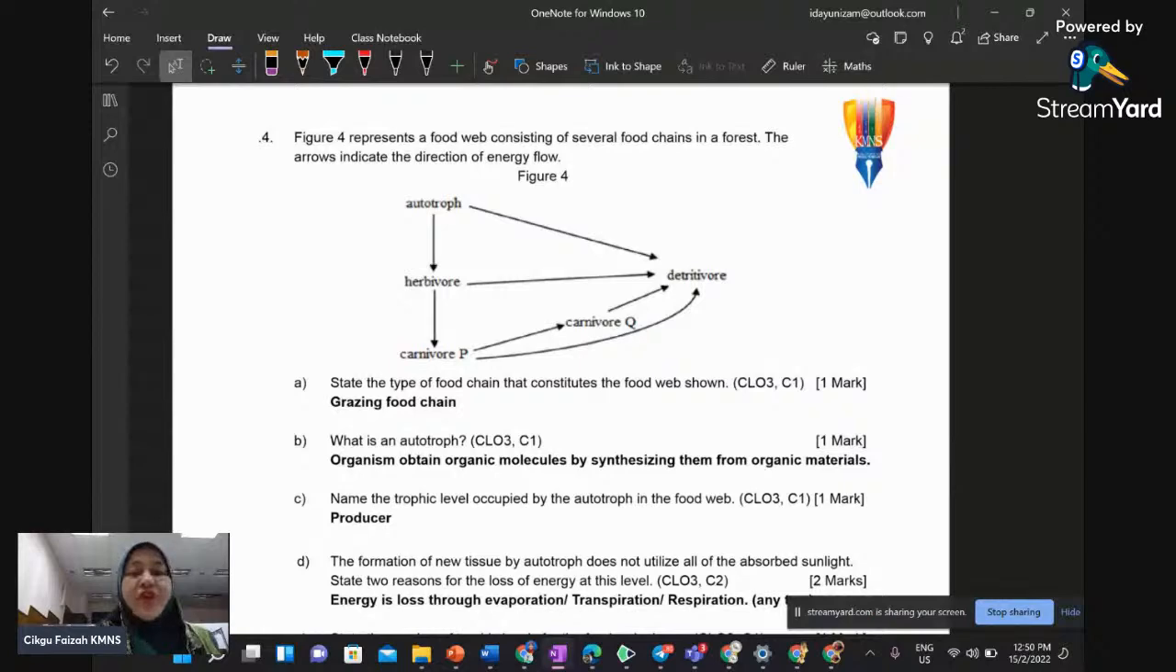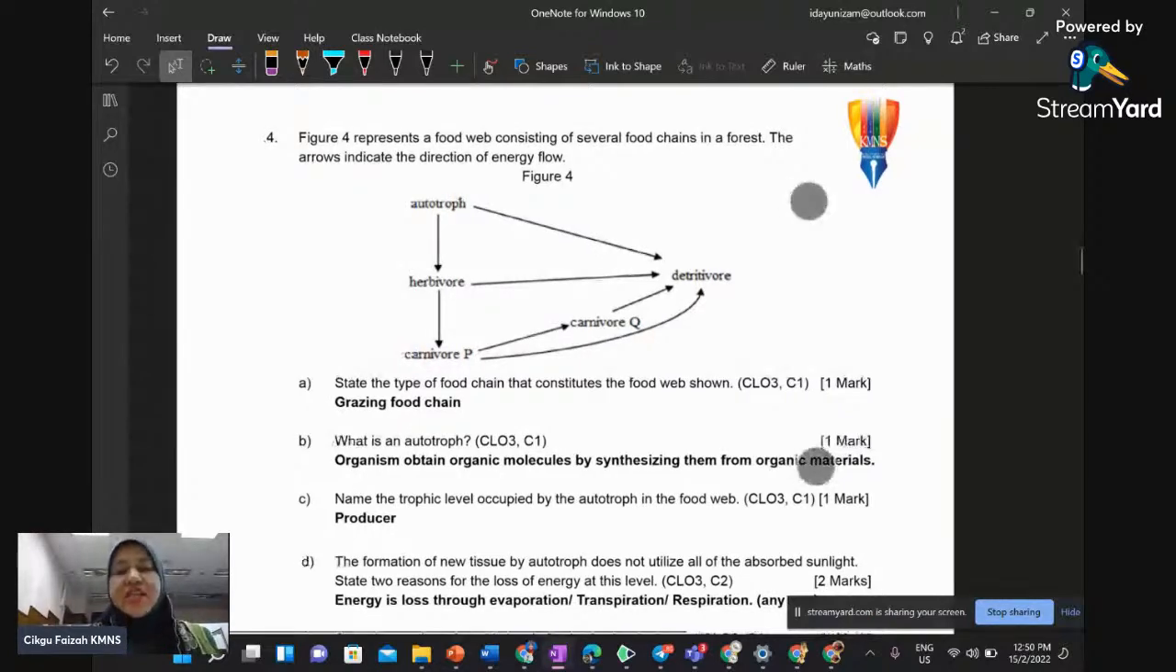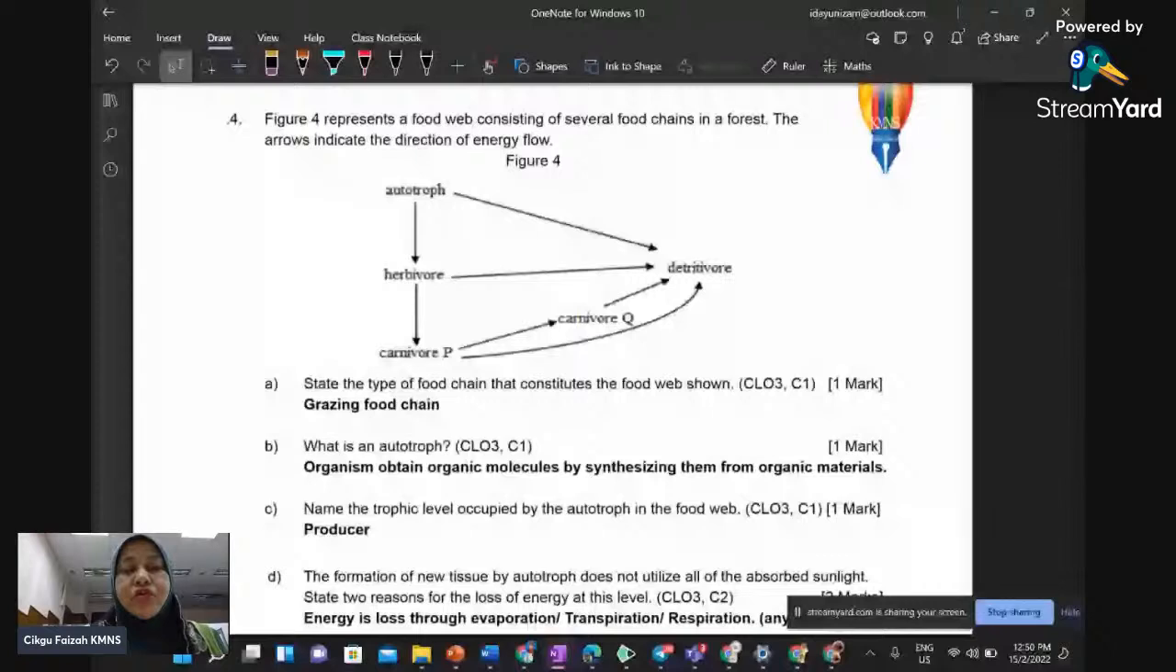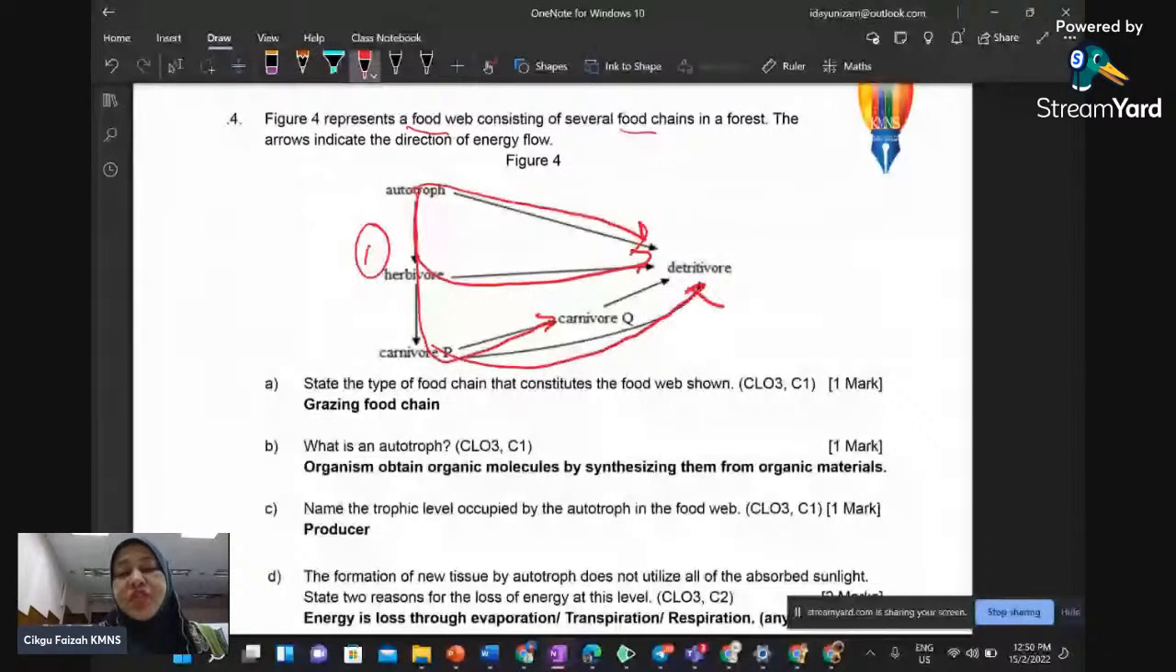Okay, so next question 4 is a very interesting question where you need to refer to a food web which consists of several food chains. If you can see the concept here: autotroph, herbivore, carnivore, carnivore. Okay, so this is one food chain. Another food chain is this one. Then another food chain is this one, and also another food chain is this one. Right, so when you look at this diagram,